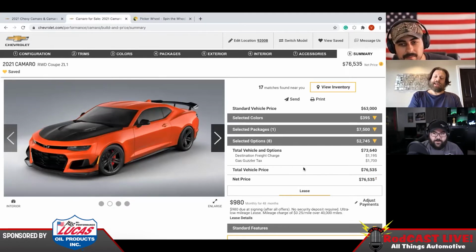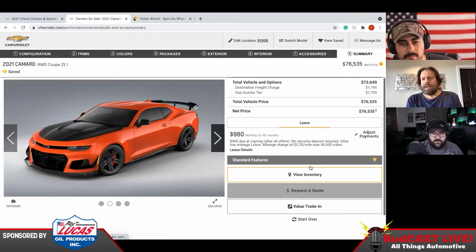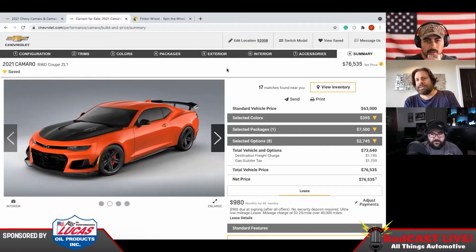I've leased. I leased three BMWs, and leasing is often a really good deal because it lowers your monthly payment considerably. And if you know in three years you're going to want a new car because something better is going to come out, at the end of the lease you just hand them the keys, and you basically just pay a fee at the end if you don't lease another one, and that's it. And the fee is usually like $500. It's not really